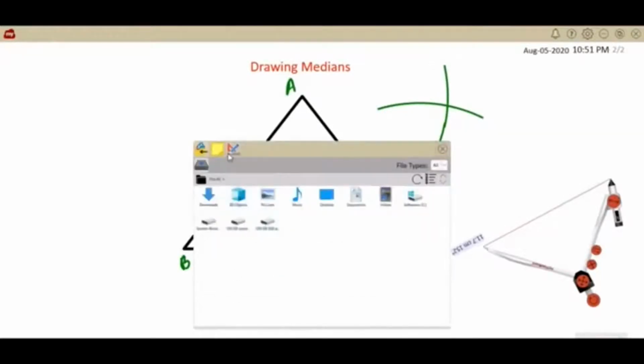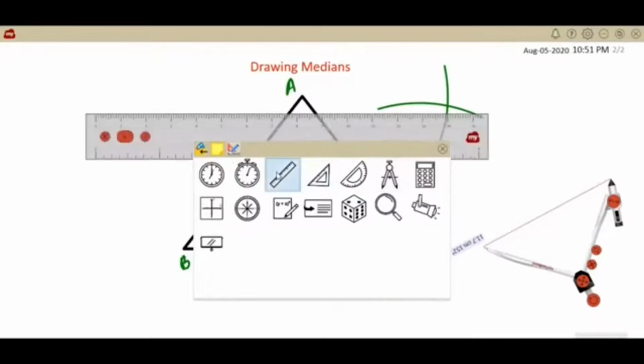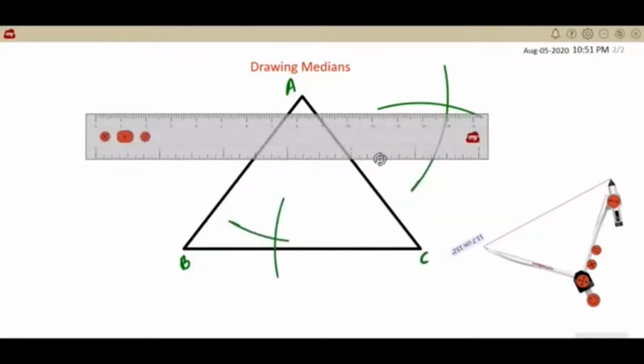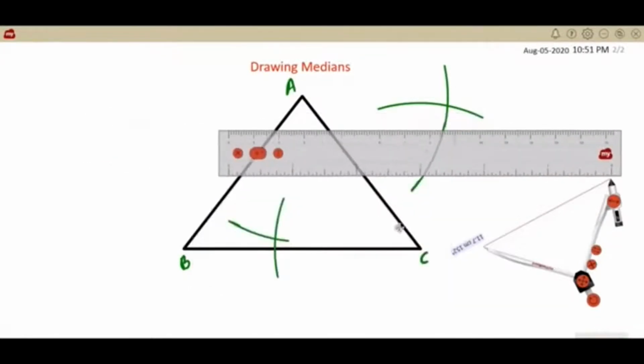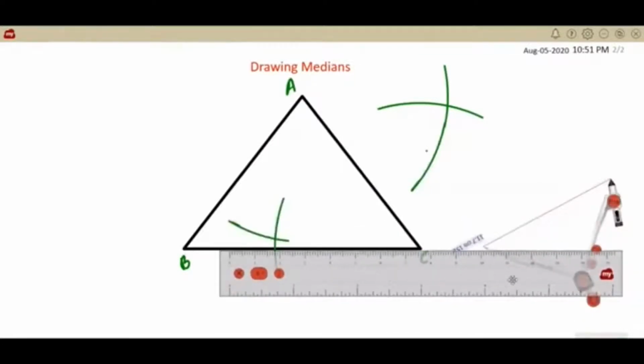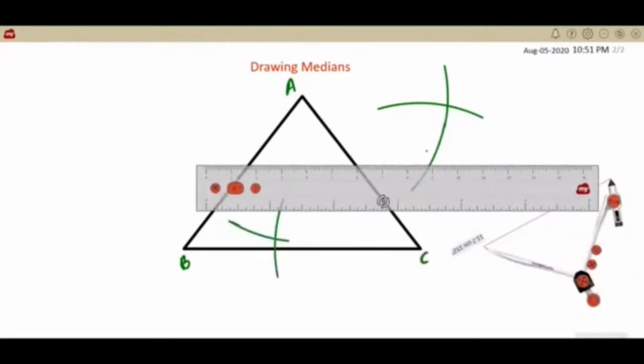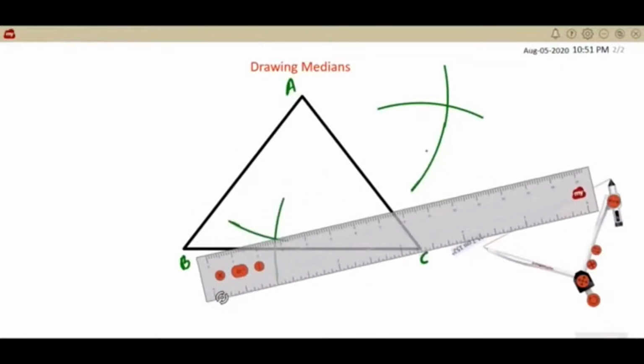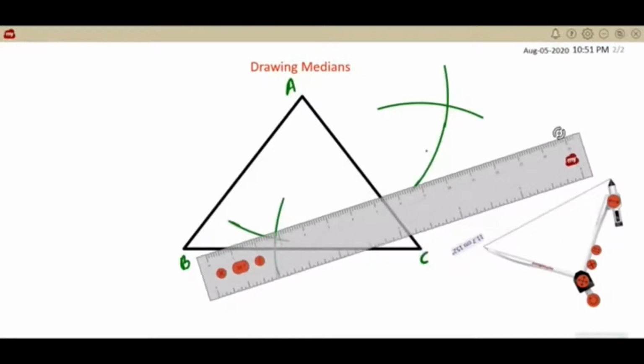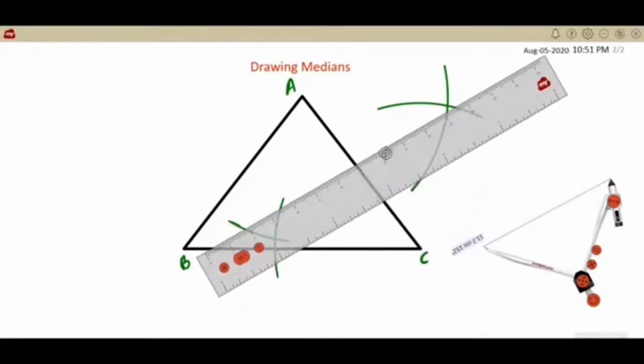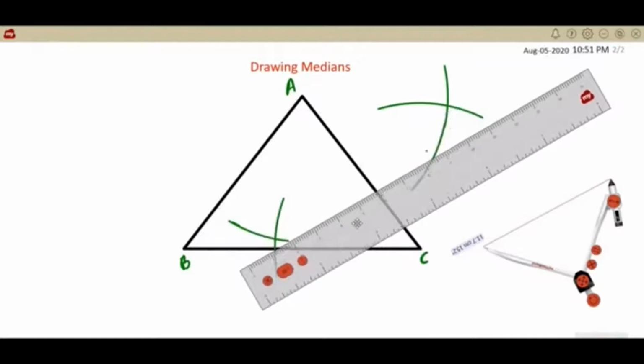This way you can draw the line segment passing through the midpoint in the other two sides. But I will not be drawing all three. The other two I will simply roughly measure and show you. This one I showed you because this is a way of finding the midpoint by intersecting a line at its middle.